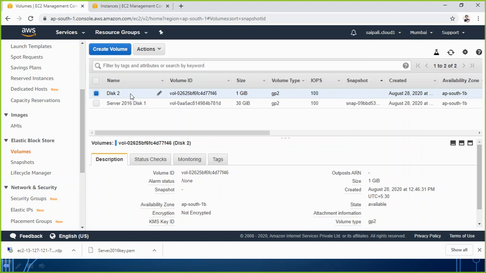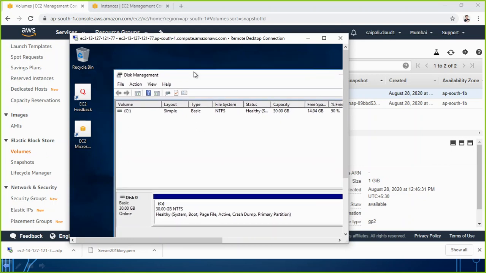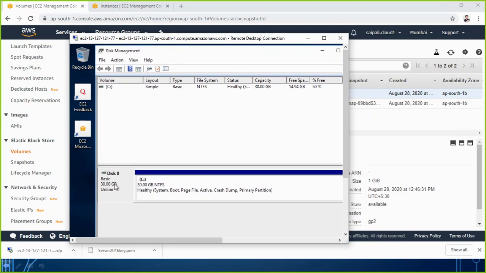Do you want this hard disk to be attached to this machine? I go back again. This machine is having how many hard disks? Here you see only one hard disk of 30 GB. Maybe for this machine I want to have two hard disks, one with 30 GB and one with the 1 GB which I created. Then what is the step now?